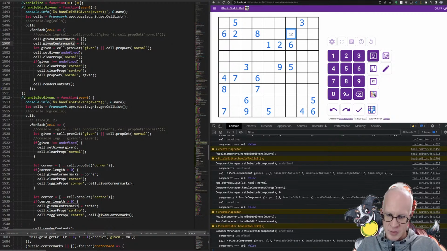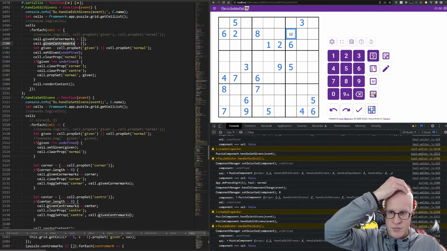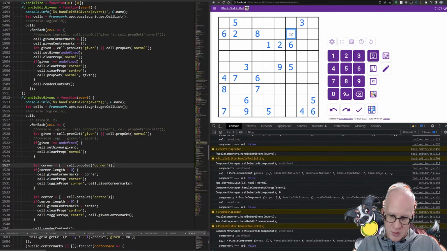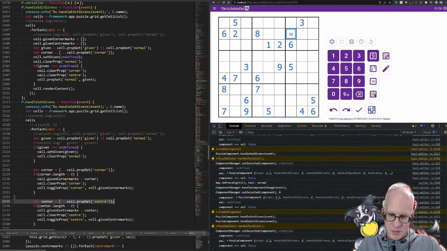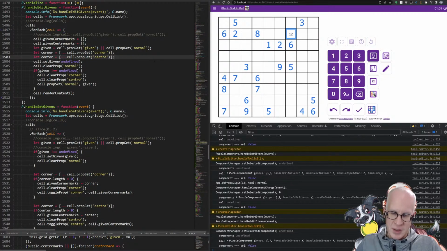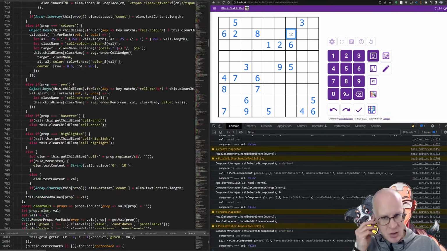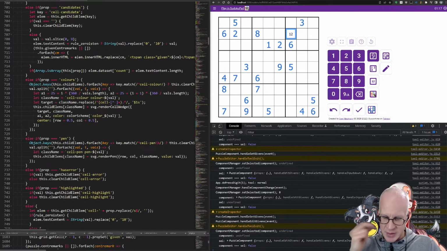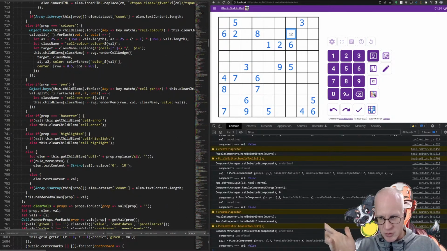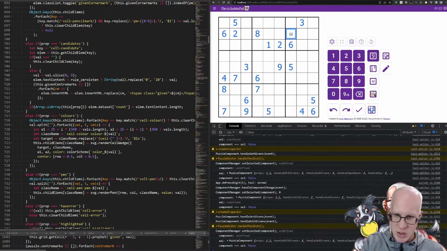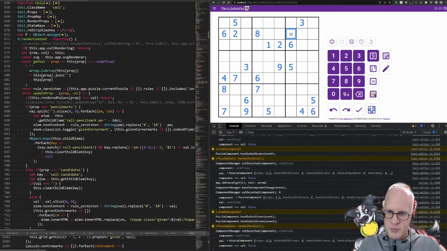Corner marks, given center marks. So I was under the impression, if given center mark, so I think the problem here is this is not getting forced to re-render. So I guess we're just gonna do this anyways. Basically, we have to clear it and then reset it. I don't think there's a way of setting it dirty. Basically, the renderer just says, hey, this property is already rendered, I don't need to re-render it. And it doesn't take the given state into consideration because under normal operation, the givens cannot change while solving, right? So, pencil marks,